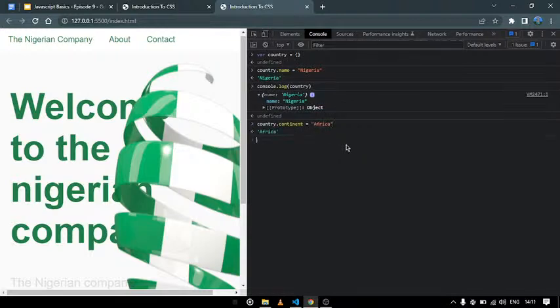Now let's call our country variable again. Now you can see we have two properties and two values. The first property is name and the value is Nigeria. The second property is continent and the value is Africa. Now to remove or to replace or to update